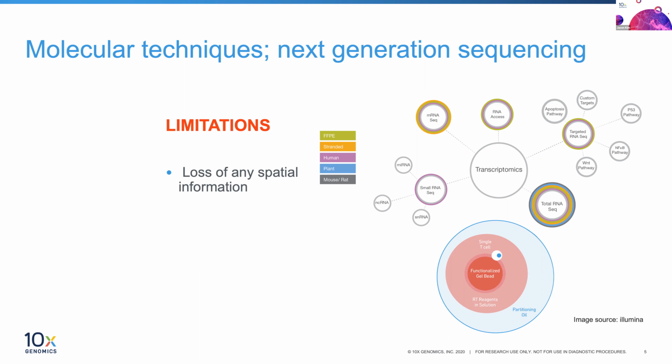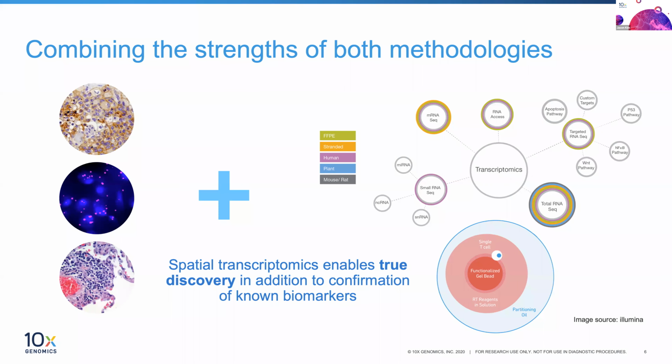But one of the big trade-offs with this, at least in the context of this general discussion, is that you completely lose all spatial information, right? You're taking that DNA or RNA or whatever that source material, and you're extracting it from the tissue and losing all of that, even in single cell work. So the thinking here is, how can we combine the strengths of both of these approaches, something that retains all that spatial information from the tissue, but utilizes all that powerful, data-encompassing, discovery powerhouse of next generation sequencing. And that's what spatial transcriptomics at its core aims to achieve, and why it's such an exciting and highly popular